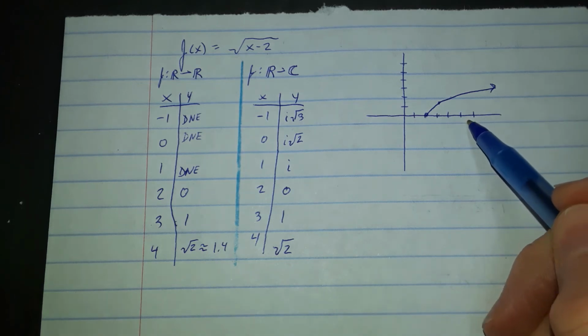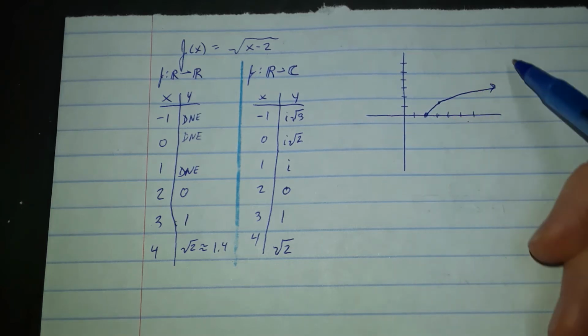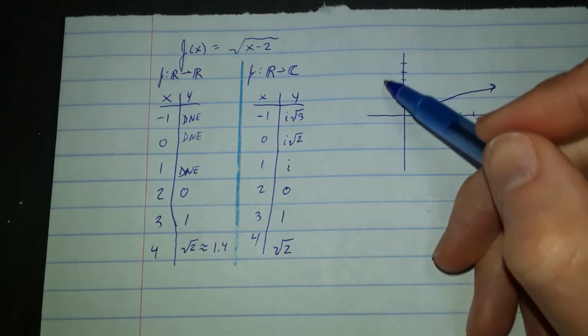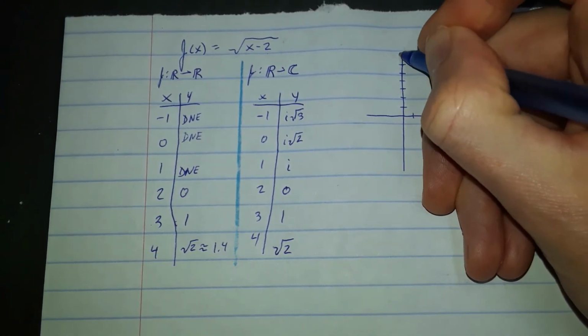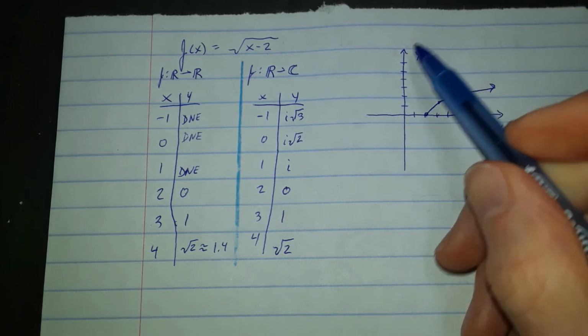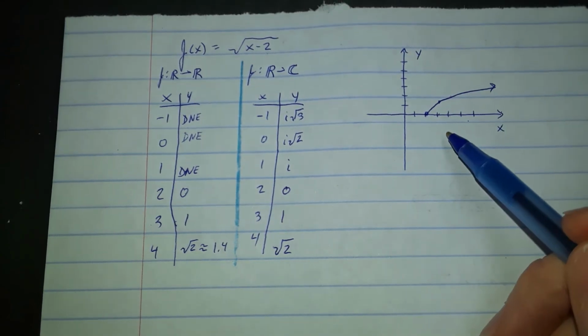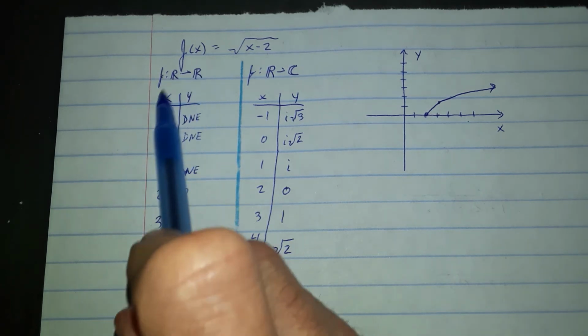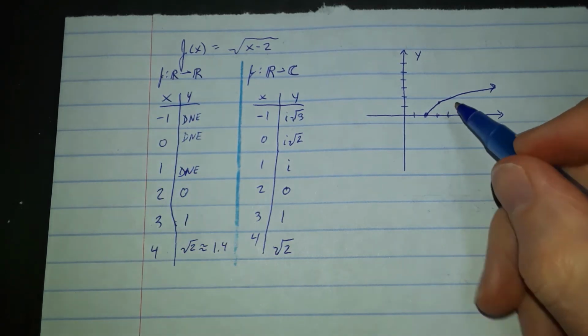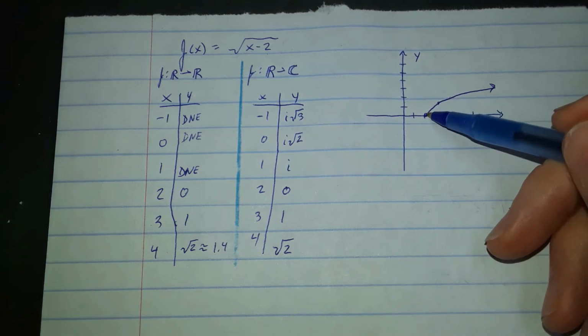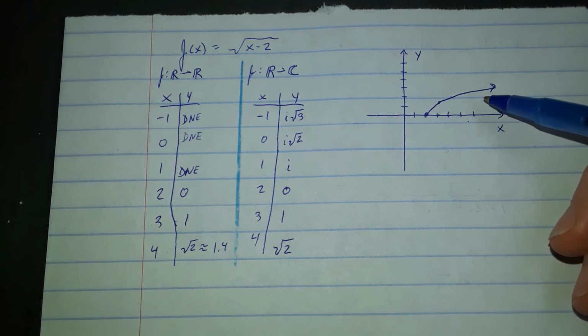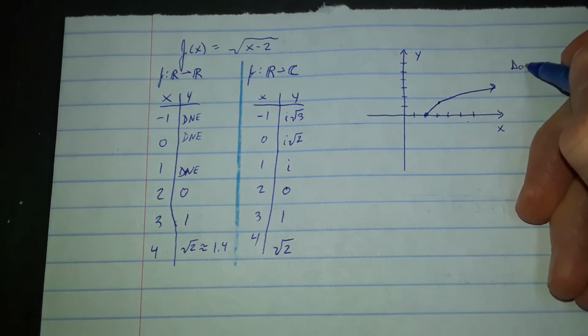So looking at a problem like this, if you're told to find the domain and the range, in this graph, these are all real numbers. This is an x and a y axis. So within this picture, this is only real numbers. This is what we did in the first xy table. So the domain can be defined as all the x values we can put into here to get a y out. So our domain,